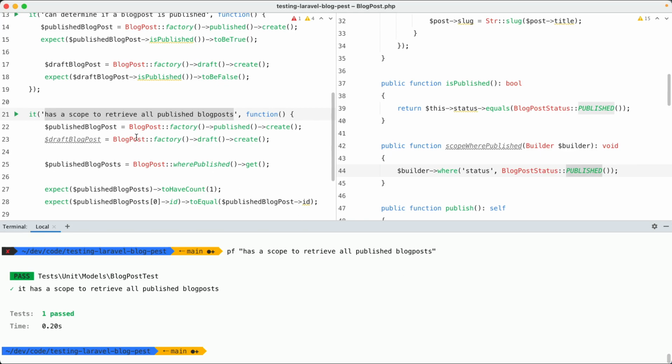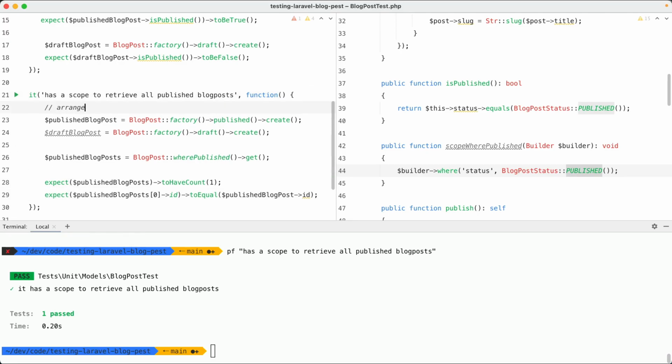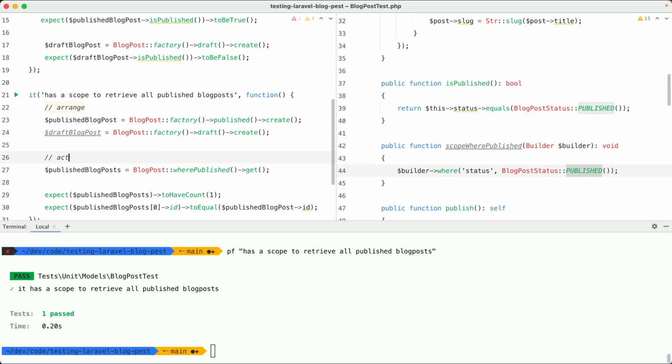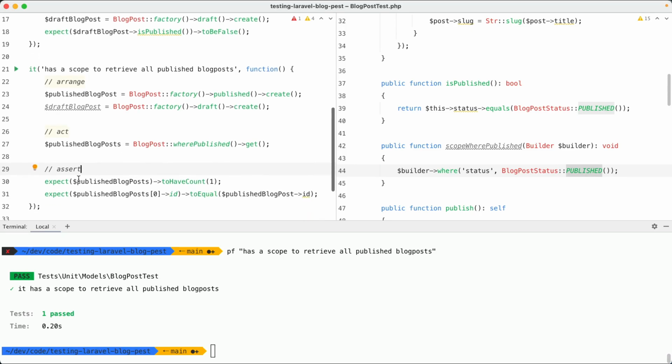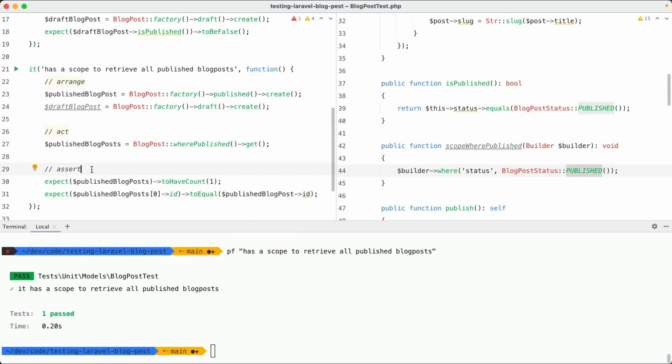I want to say a few words on the structure of this test. In the first part of a test, in this arrange tab, we've created our world. We've created everything that we needed in our test. Then here we have an act tab. We are going to use the functions that we'd like to test. And in the last part, we have an assert step, where we are going to verify that everything worked as expected. So arrange, act, assert. This is something that you'll see in many existing test suites. Okay, let's remove these